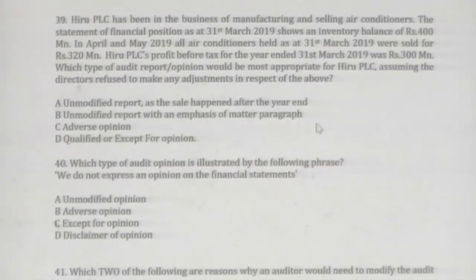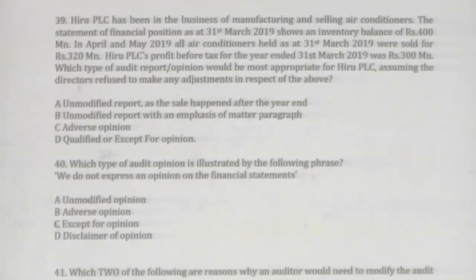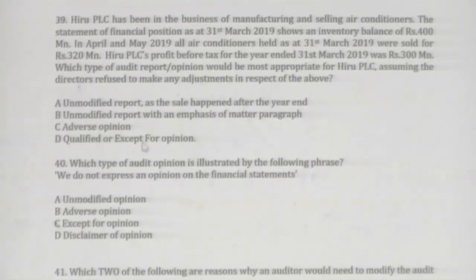There is some guidance when you go through your study text. For example, if it is sales, 0.5 to 1% is material. Now, in this case, it is more than 5%, so it is material. When something is material, the audit opinion is what? Obviously, the audit opinion is going to be D, qualified, unless we see this as a pervasive matter. I am sure you did not understand, so I have to explain this, all these questions are from that concept. Answer is D, but I will tell you why answer is D.